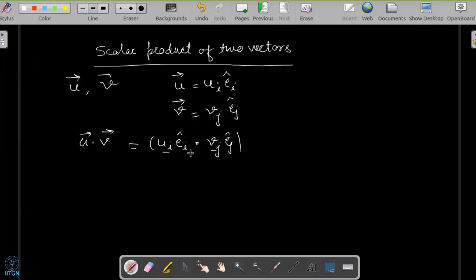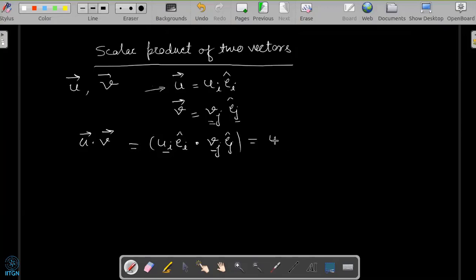Now in this expression, if we kept I instead of j, we would be making a mistake. That is the reason we have to start with a different index in each expression. If the expression is such as the addition of two vectors, then we can keep the same index. But here, in the same expression, we have both indices with a dot product, so they should be different, otherwise we will make a mistake. So we have to be careful whenever we do these things.